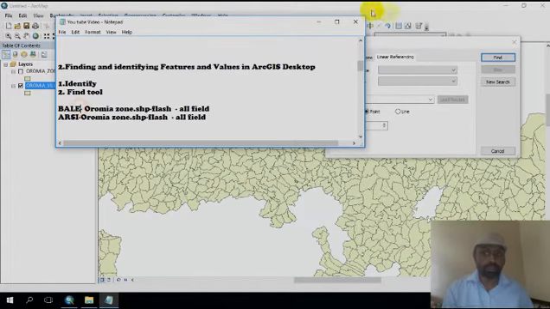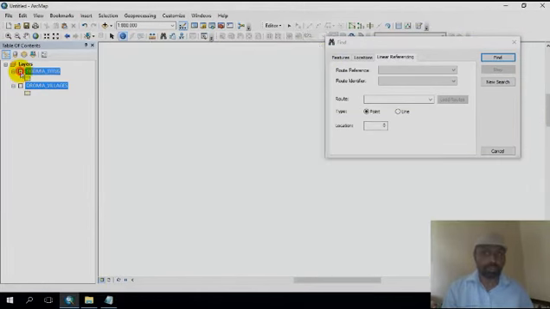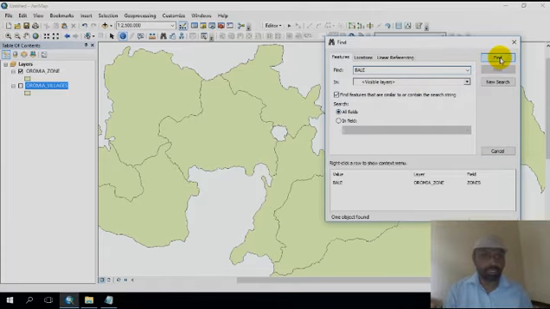Here this is Oromia zone. Here in features, you find Bali. Type Bali, then you can select all fields. Then find it. It will show the Bali zone.